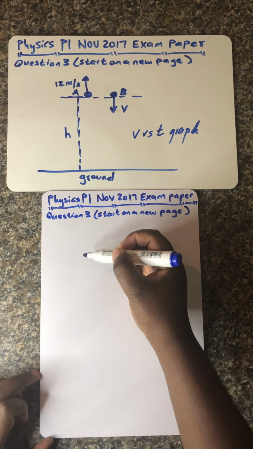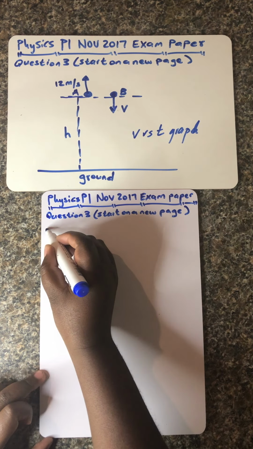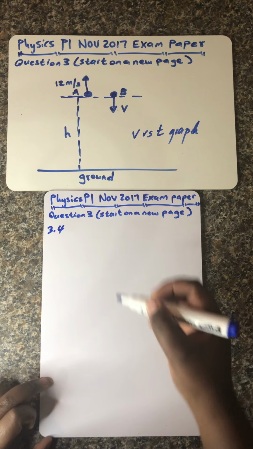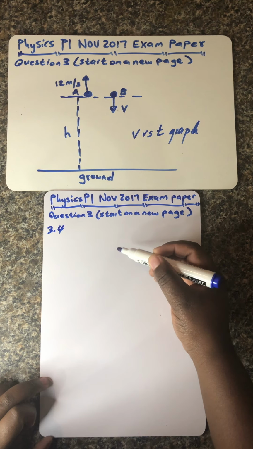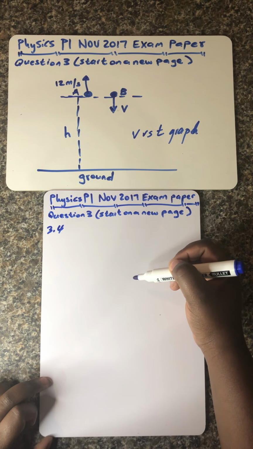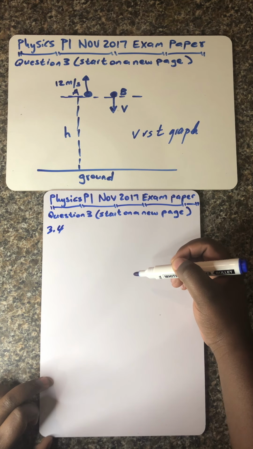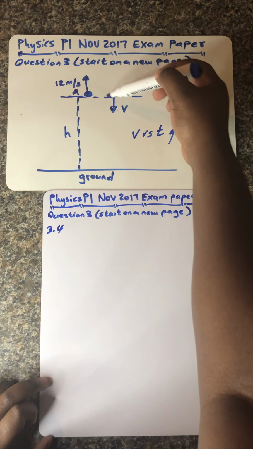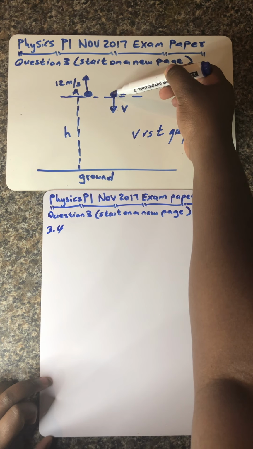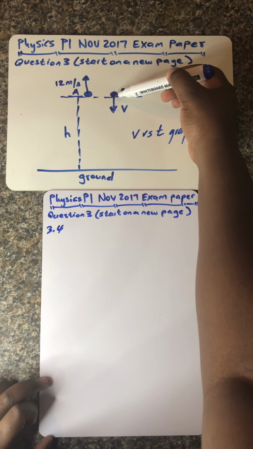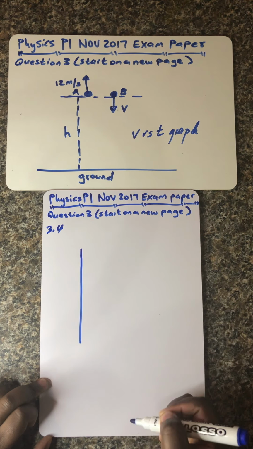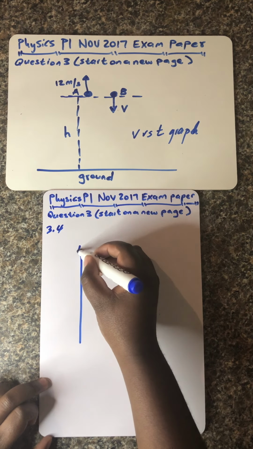So let's first start with our set of axes. So we're doing 3.4. And remember guys, we've got one stone moving up and the other one going down, and you've got one other stone going up and down, which is stone B. I hope you remember this stone went up and then it went down and it continued going down, and you had this one from the same level but it never went up, it started going down. So for that reason, it means in terms of velocity, which is your